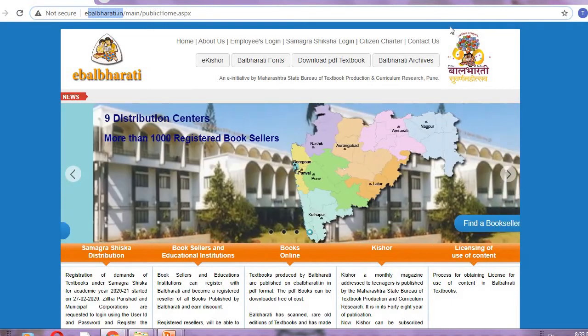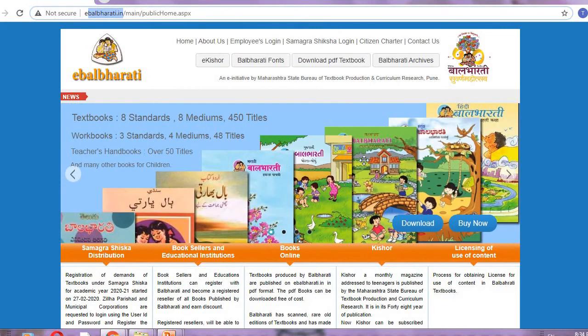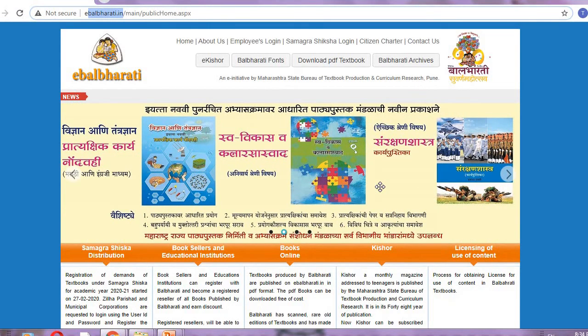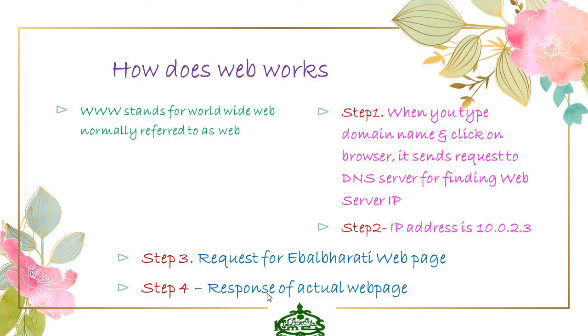When I click or press enter, it will go to the DNS server, and this server gives a response. This information is not on my PC, it is on the server. Then you will get the response of the actual web page.